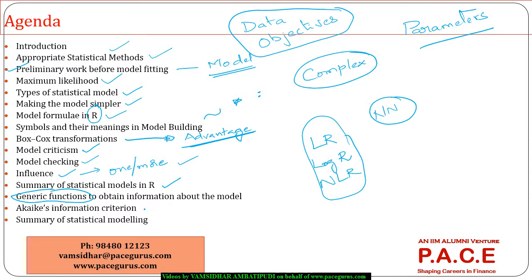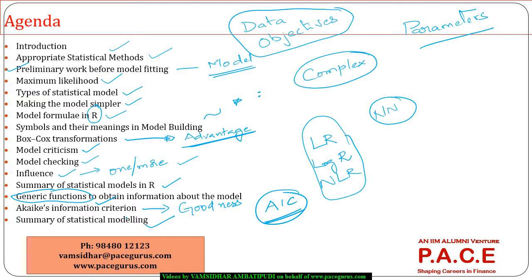And we would also talk about a few important measures of goodness of the model, or when we are trying to compare model 1 with model 2, some of the measures that we generally look at. Out of which one is called the Akaike information criterion, or generally called AIC. So we will talk about it, and this is where we will end the session, summarizing the whole statistical modeling process,